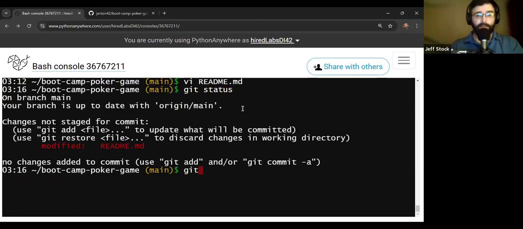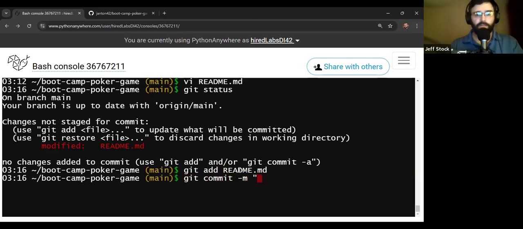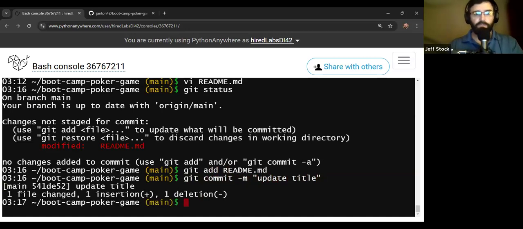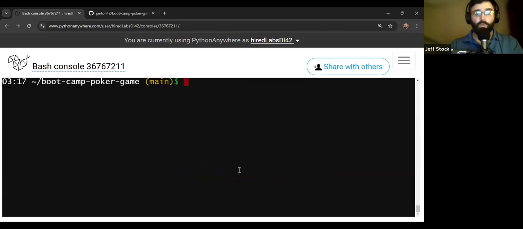So what I'm going to do is I'm going to add it. So let's zoom stuff out of the way. So git add README, git commit, and then I'll just say I updated the title. Cool. So now I'm going to want to push this change up to my